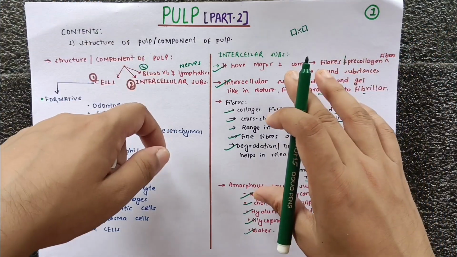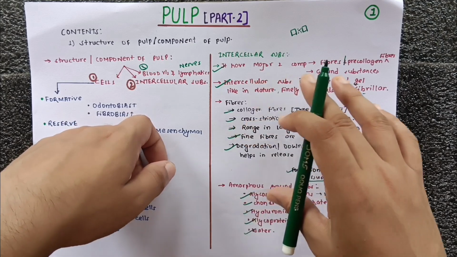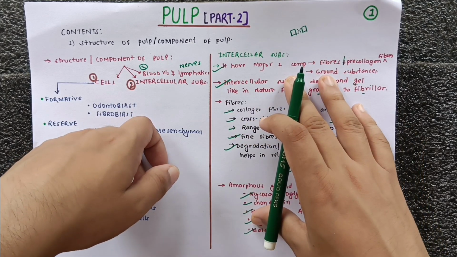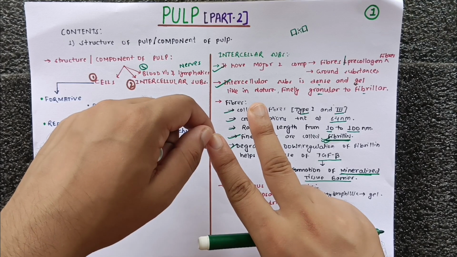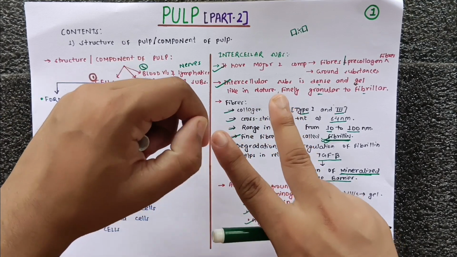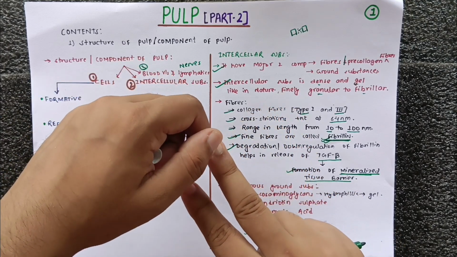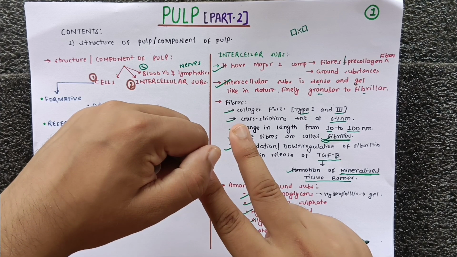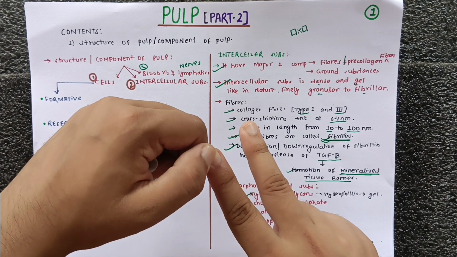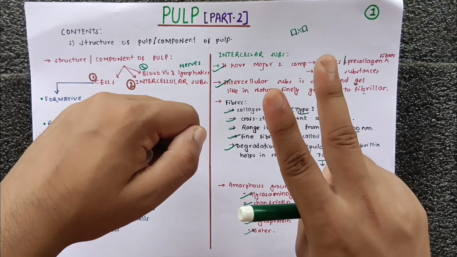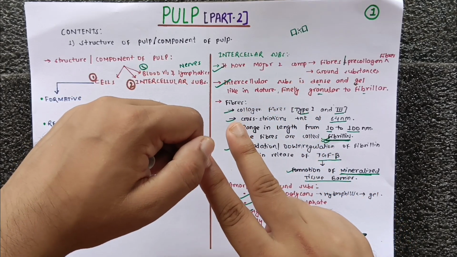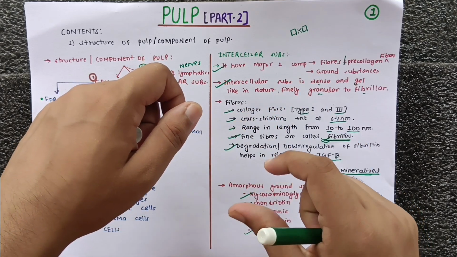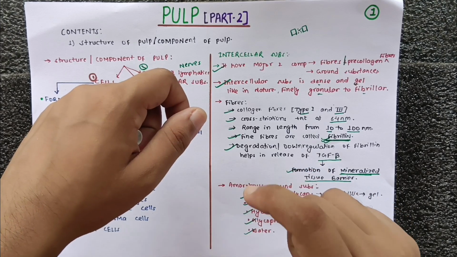Okay, so the main thing that you should take from these intercellular substances is that there are two major components of these intercellular substances. One is the fiber or the collagen fiber, and another is the ground substance. So the fiber or the pre-collagen fiber is made up of collagen, and we have particularly two types of collagen fiber, type 1 and type 3. Okay, and cross striations are present at a 64 nanometer distance, and the length of the fiber is 10 to